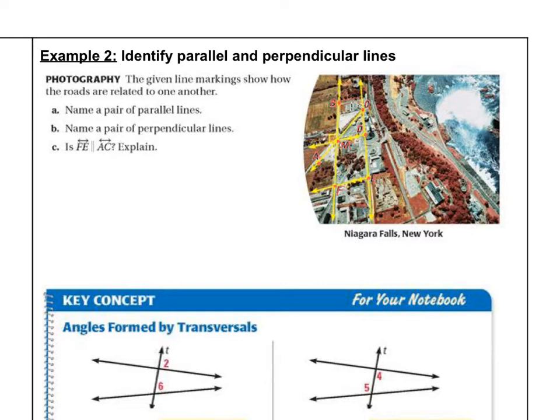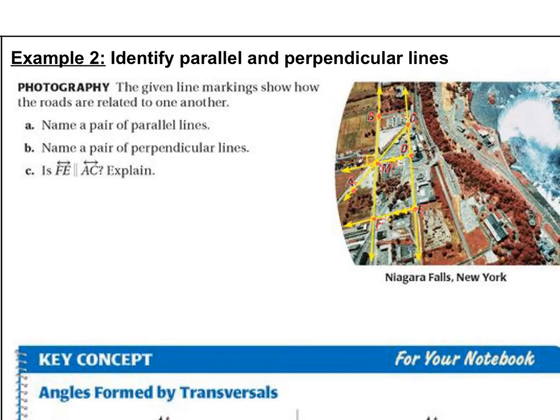All right, so we are simply going to take a look and try to name a pair of parallel lines. So remember, they have to be on the same plane and they have to never intersect. So if we look here closely, we need two lines that will never intersect and that are on the same plane. We're going to just assume they're all on the same plane. So if we look here, I would say it looks like these two roadways here eventually are going to intersect at one point. Okay? So I would say the two lines that will not intersect are line MD and line